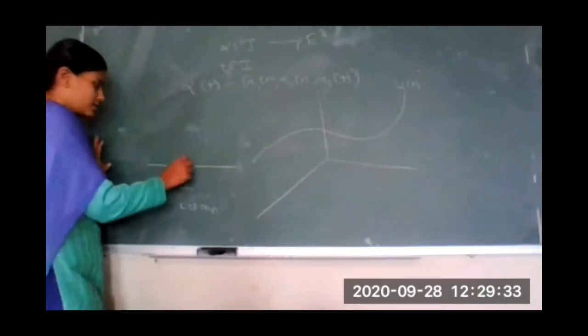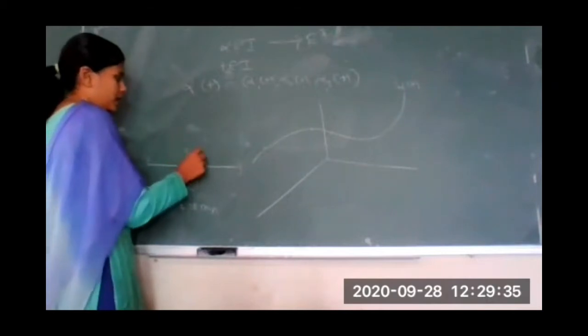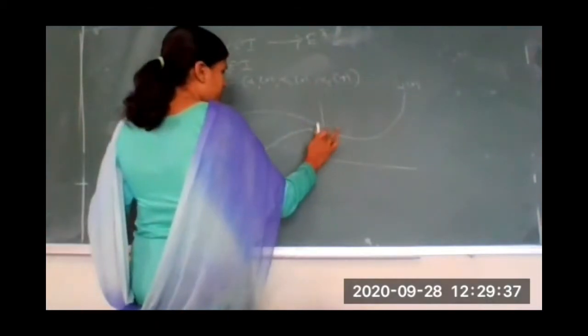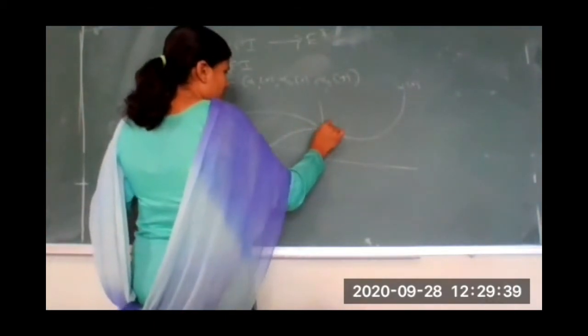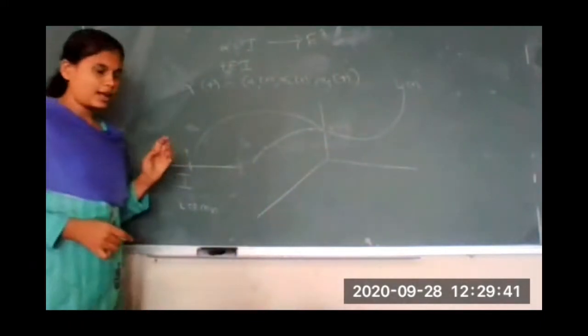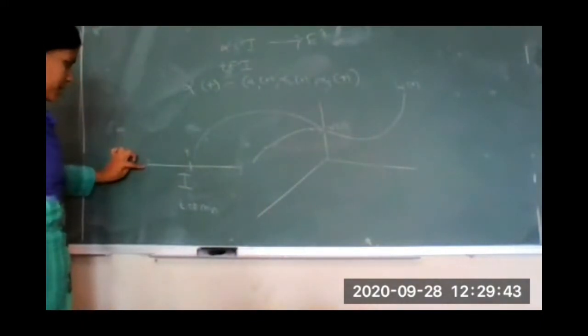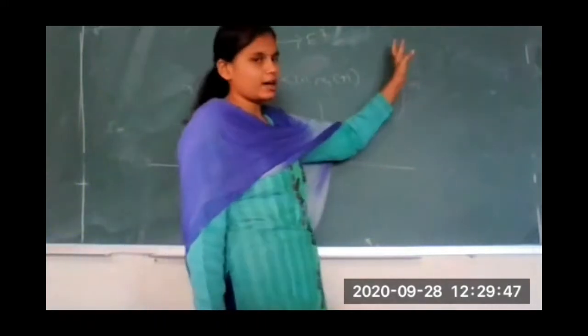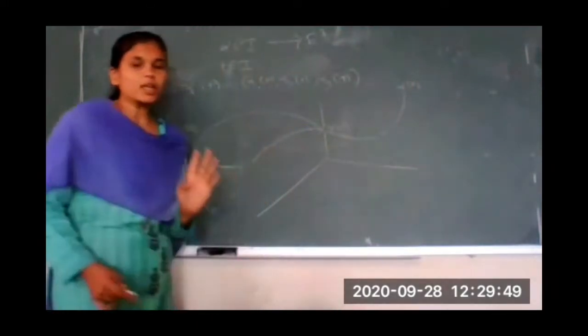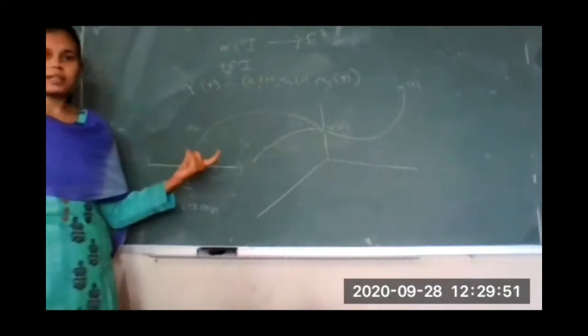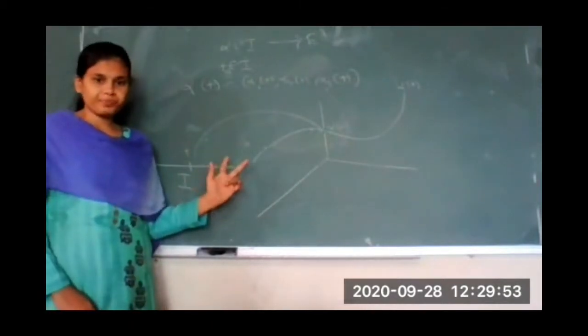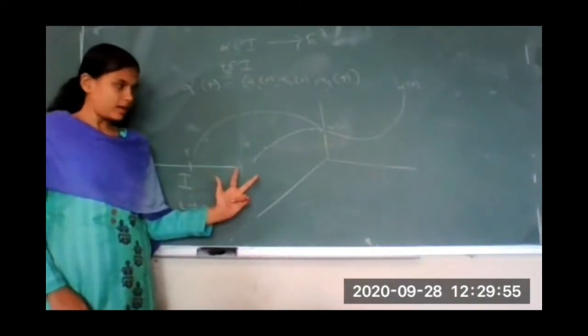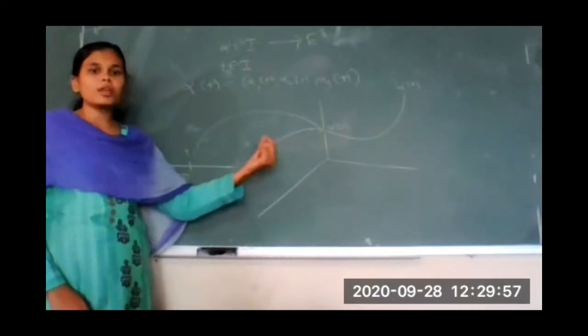In this way, suppose here is some point t, the image of this point will be alpha of t. So suppose I am at this point, this will be the first point, and in this way we can have a collection of all those points. So simply we can imagine the curve alpha of t as a path of a moving point object.